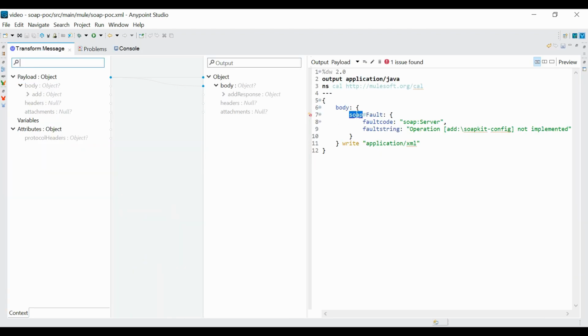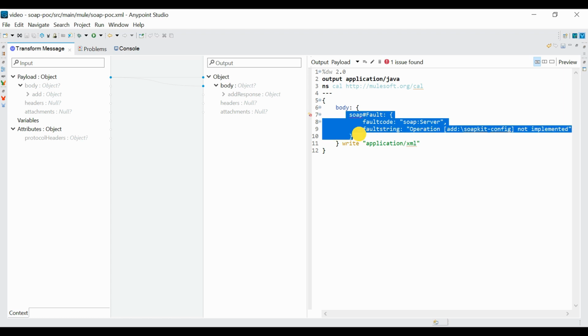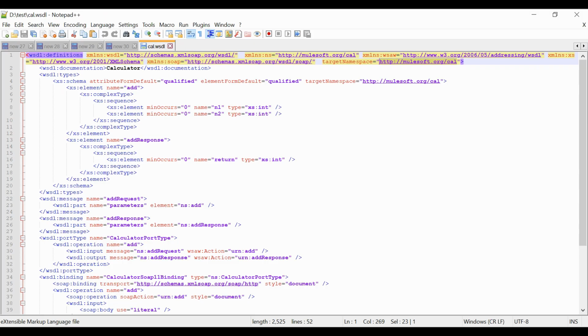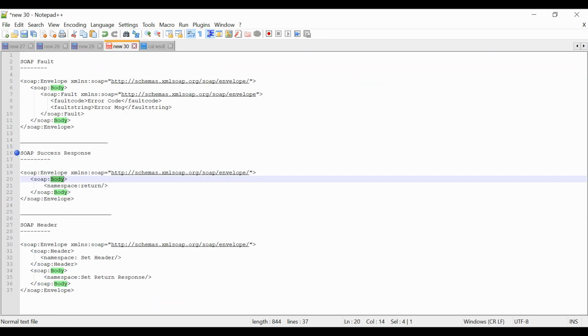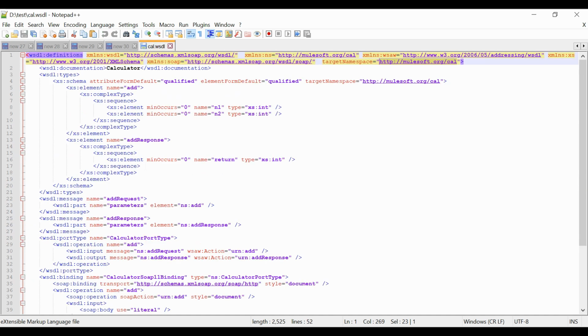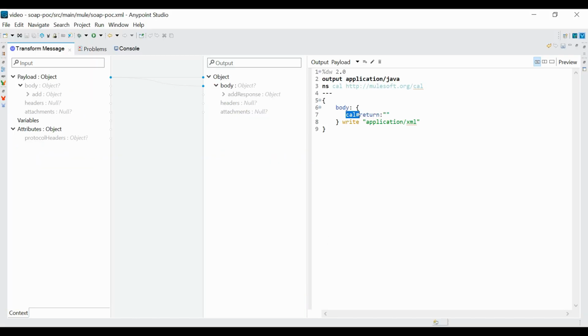Let me maximize it. This part is not required. Then we have to give the field return, because in the response we were expecting return. This is the namespace, and this is the field.